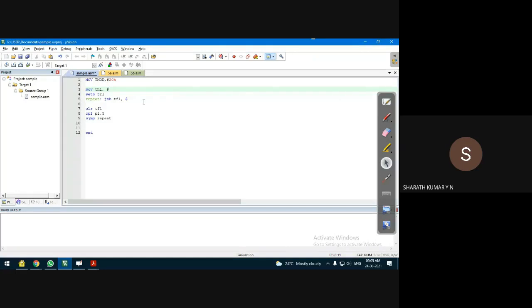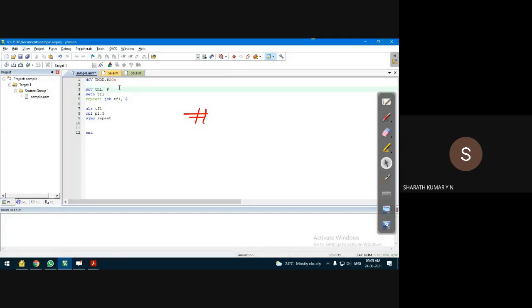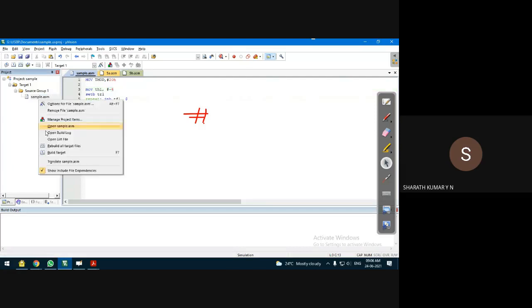Of course, we have to use the hash symbol because hash indicates it is data. So hash minus 4. Let us run this program and see.